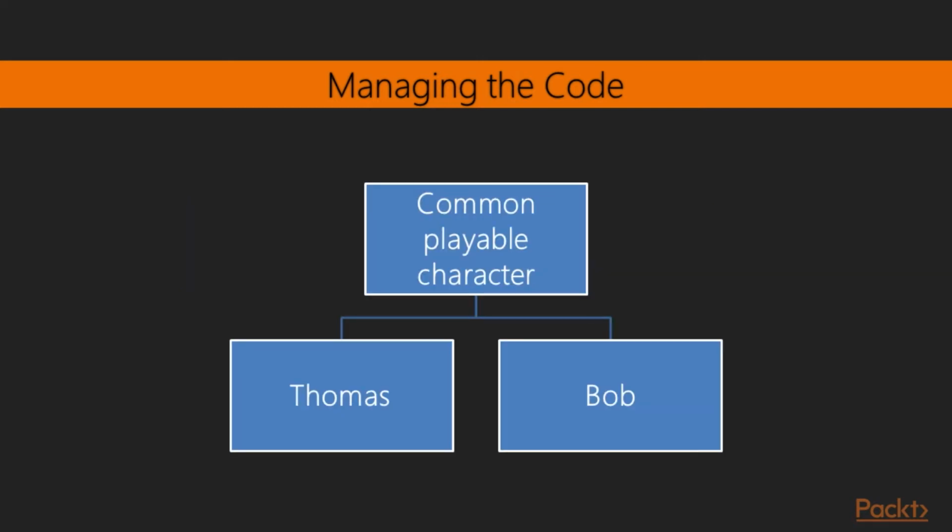As you would expect, the playable characters will be made with classes as well. For this project, however, we will learn some more C++ and implement a playable character class with all the common functionality of Thomas and Bob, and then Thomas and Bob classes, which will inherit this common functionality as well as implement their own unique functions and abilities. This, perhaps unsurprisingly, is called inheritance. I will go into more detail about inheritance in the next section.